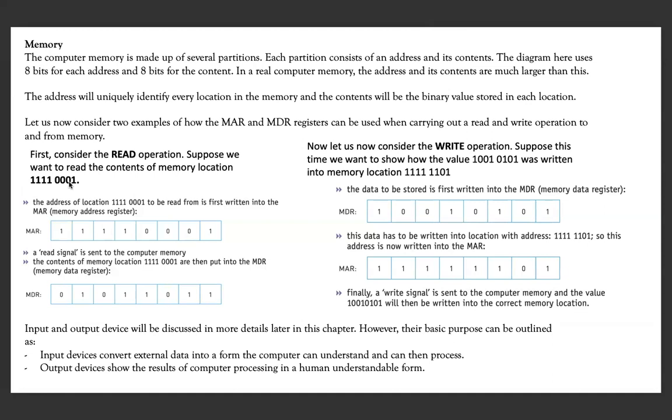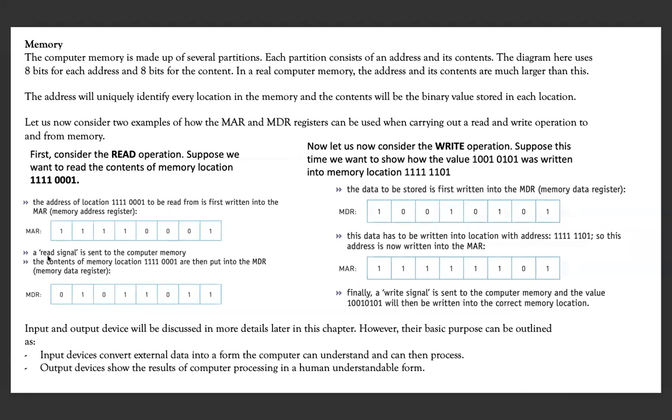As mentioned before, MAR holds the address of where I am about to read data or where I am about to write data. Since I'm doing a read operation, where I'm about to read data from comes from the MAR. Now, where does the read signal come from? This again is sent out by my control unit, because reading is an operation, an instruction. It is handled by control signals. So the control unit will be sending out the signal.